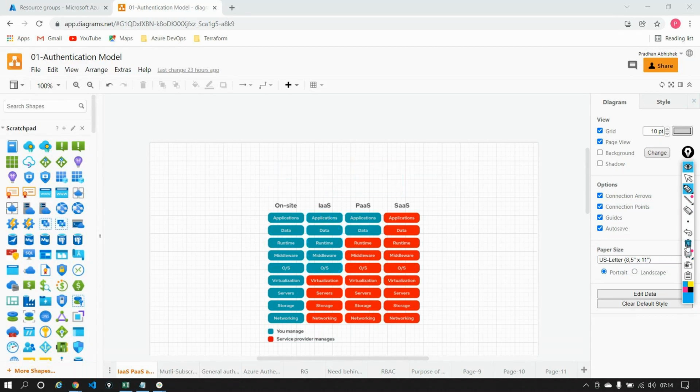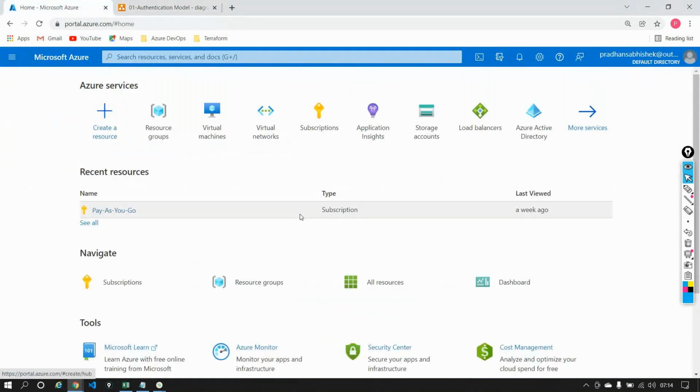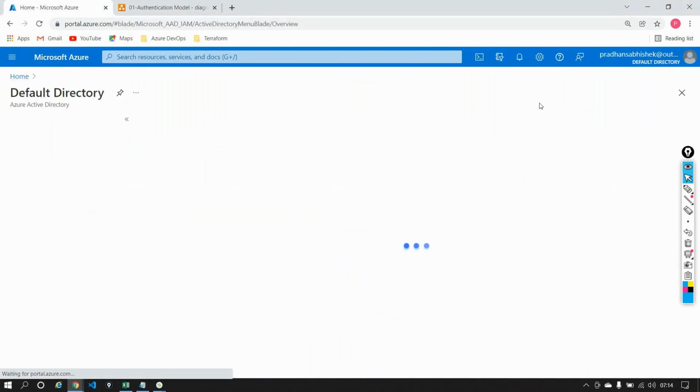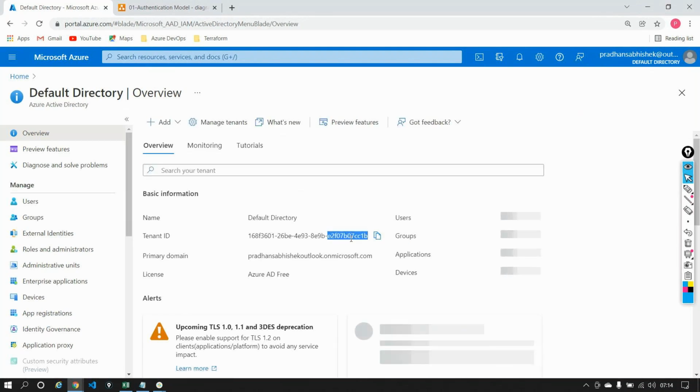Now you have decided which service you're going for. So you went ahead and purchased an account with Azure. So you got a tenant ID under which you got a subscription. You have the right role. These are the three things you already have. So in my case, I have a tenant. If I go into something known as Azure Active Directory, I have a tenant ID that is associated with me. So I have a tenant ID with me already.